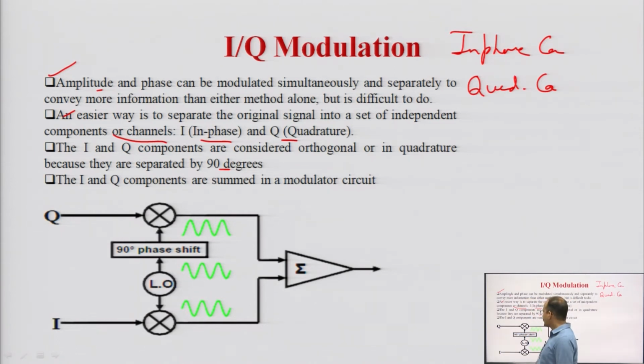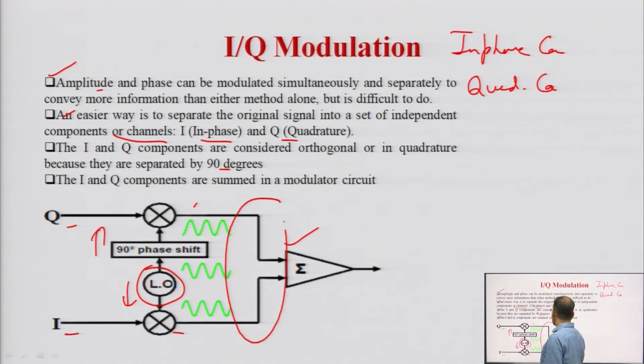So, you can understand here you are getting this I in phase channel part, and this is the quadrature Q part. Actually, this is a local oscillator to generate the carrier. In the in phase part you are directly applying the carrier, but in the Q part, meaning the quadrature amplitude part, you are providing that same carrier with a 90 degree phase shift, and at the summer you are combining both and getting the IQ modulation scheme.